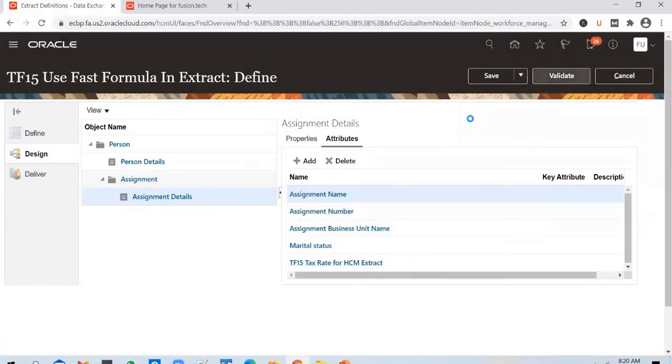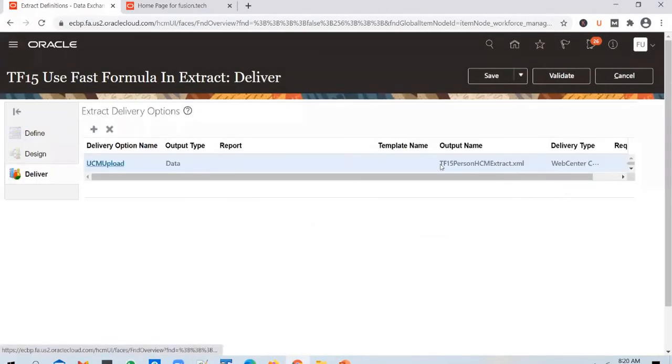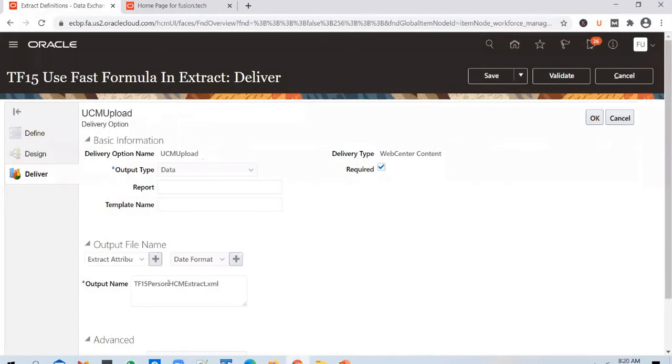And then you save the extracts. Go to the deliver option, see if everything is intact. Yeah, fine. And in the UCM upload, we will change this to use a fast formula in HCM extract.